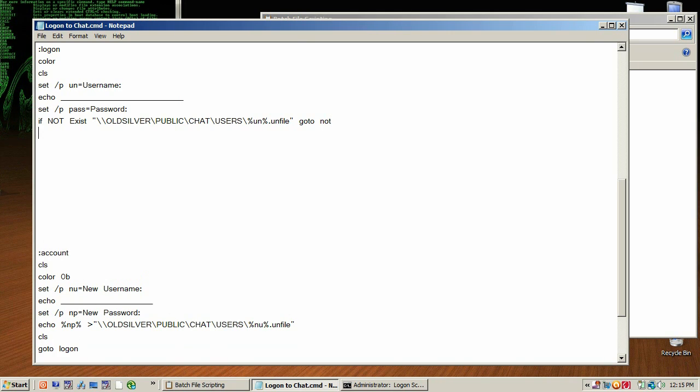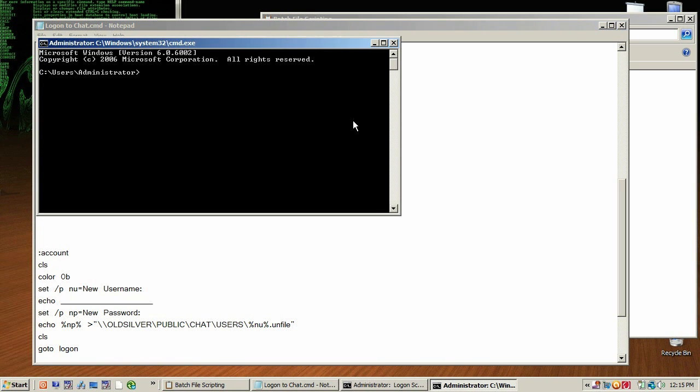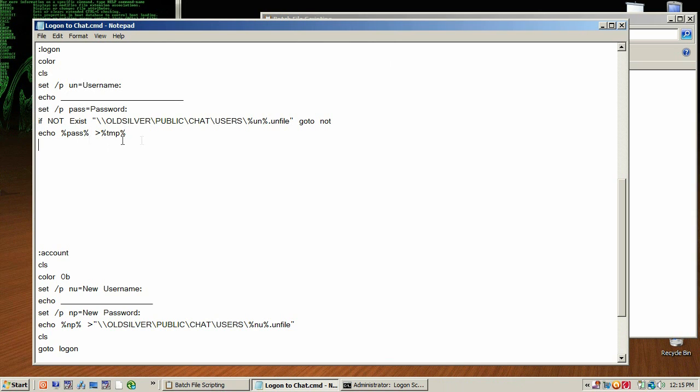So if we have the if not, but now we need to make a temp file so we can compare the password of the two things. So you'll see what I mean here. We're going to go echo pass, and then 1 greater than sign, and we're going to put in %tmp%, which is the temporary directory in your computer. Like if we go echo %tmp% in cmd, we can see there C:\Users\admin~1\AppData\Local\Temp. So we're going to do that to temp, and then